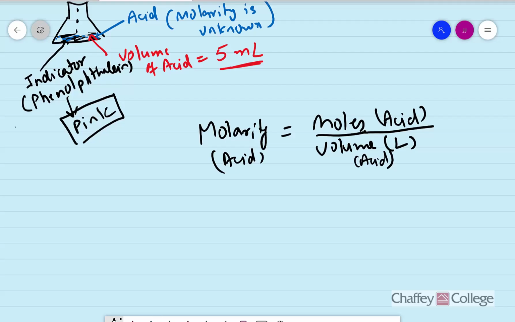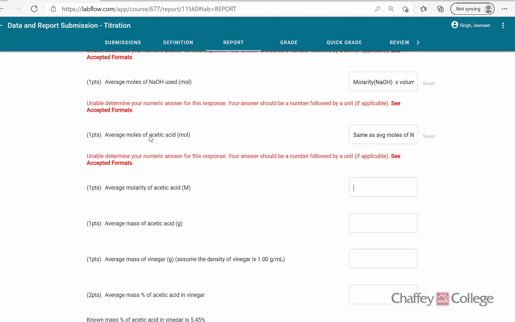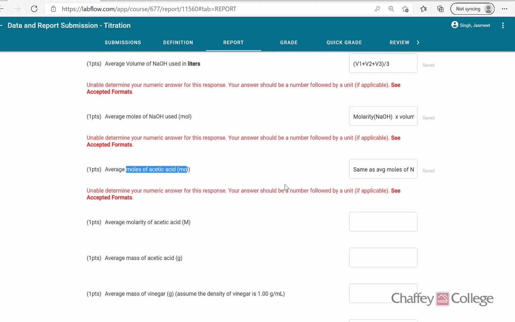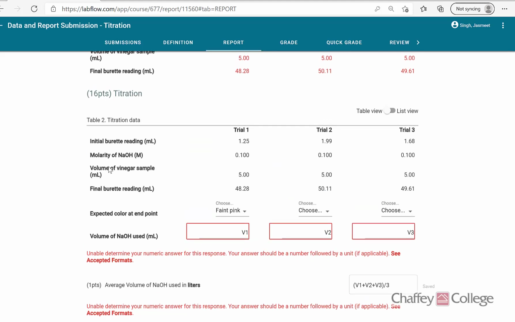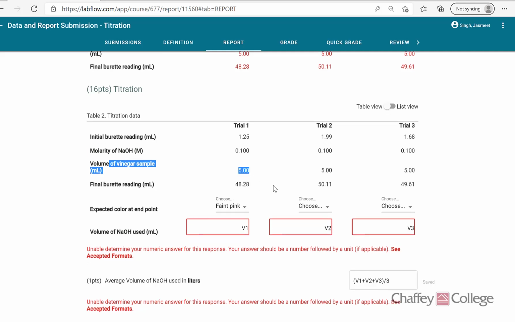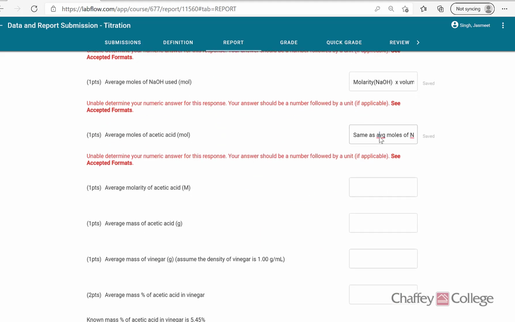Okay, so we already know the moles of acid. The moles of acid are already here, right? And the volume of acid is also given. The volume of vinegar sample, that's our acid, is 5 ml. But here we need to convert 5 ml to liters first. So imagine that this number comes out to be